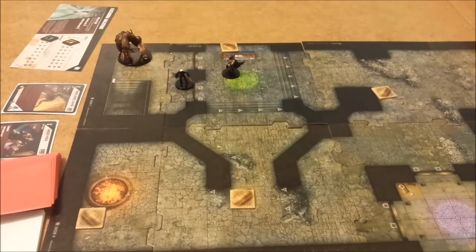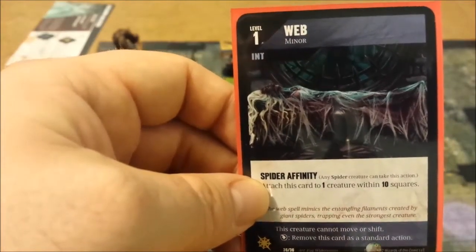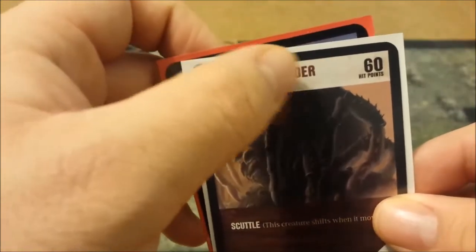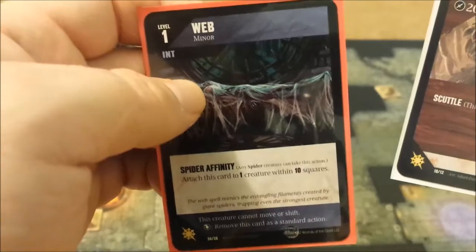The next option is to play 1 or more of your order cards from your hand. That basically happens as I've outlined earlier, with one addition. If the card has an affinity, it can basically ignore all of the requirements if played on a creature type that shares that affinity. So for instance, this web has a spider affinity. That means if you're playing this on a spider creature, which even though this says giant spider, that's just the name. The creature type, again, is a reference down here, where this is a beast spider. So this has an affinity to spiders, meaning you can play this card